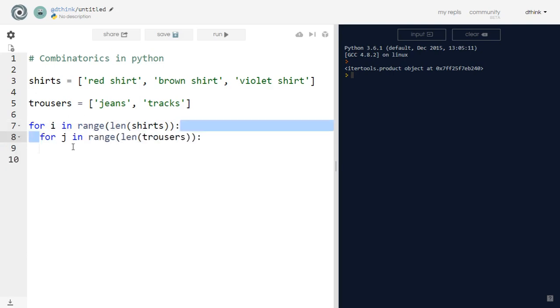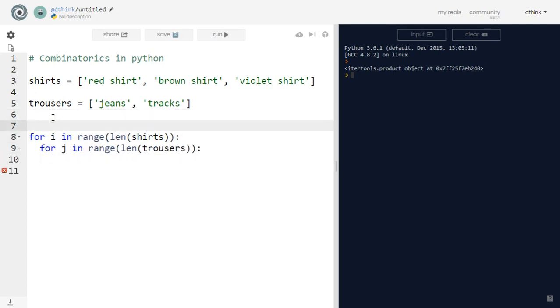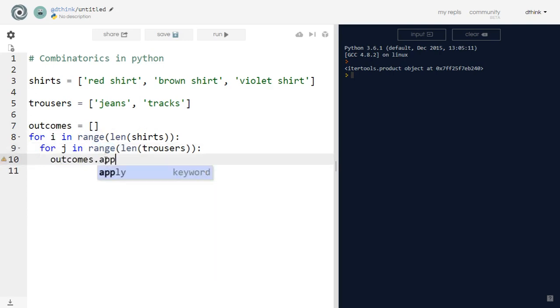So I could say, okay, this, and then I could append to my new list, outcomes, and then inside of this, I could append outcomes.append. For every i over here, I'm going to append j's. So I'm going to append